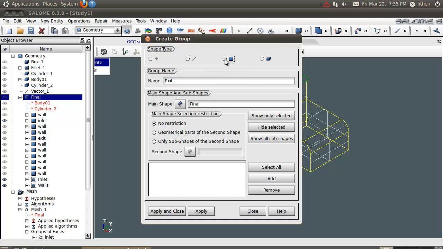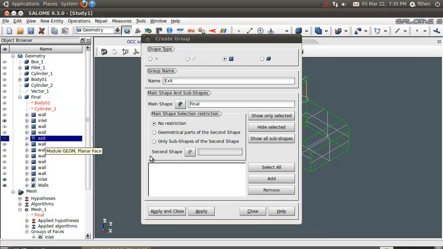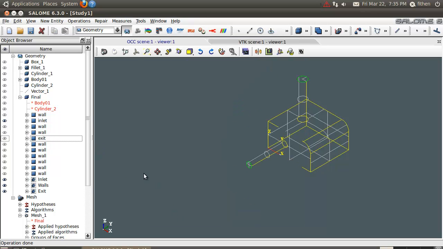And remember, we're selecting a surface. We're going to name this group Exit. It's capital E instead of a small e. Add it. Apply and close. Okay, so now if I turn off everything and then turn off the exit, turn off the inlet, and